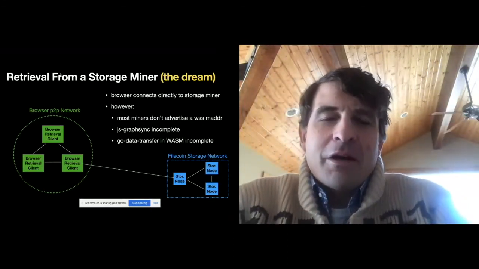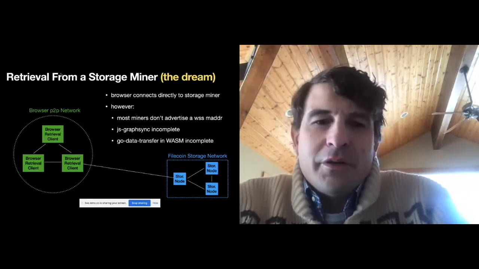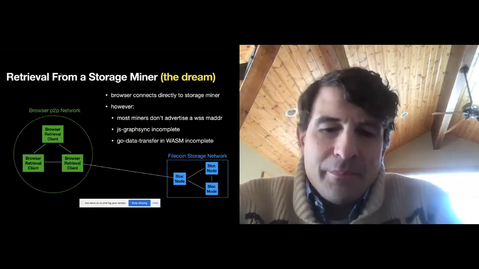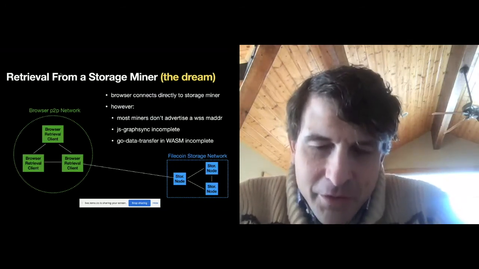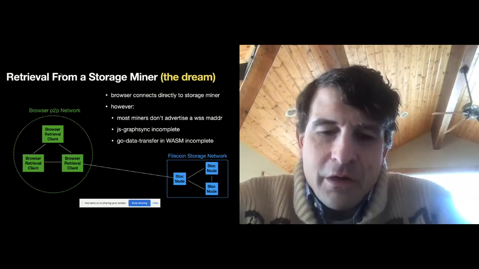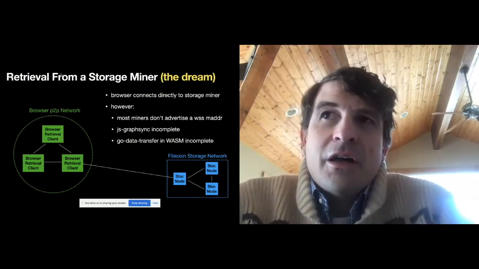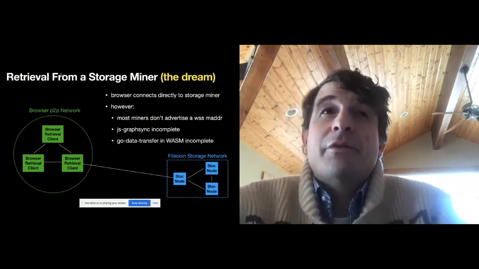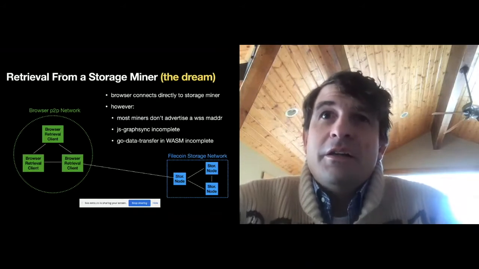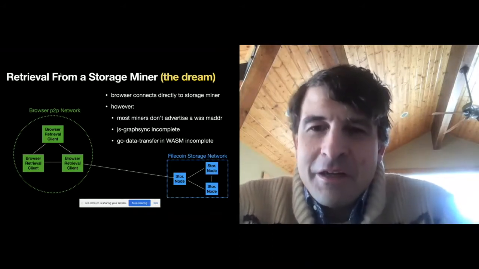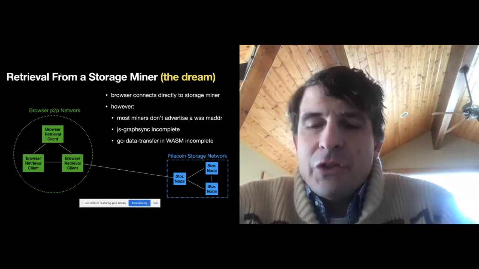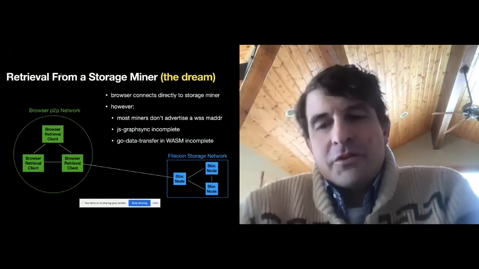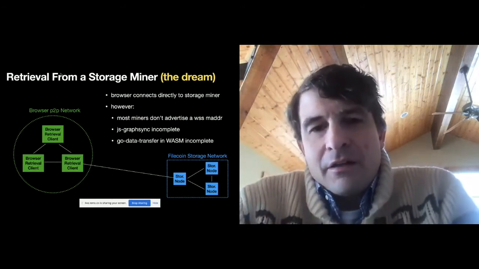And when a browser wanted to retrieve from a storage node, it would directly connect to that storage node in libp2p. It would open a stream to that storage node for the transfer. We would use, as I mentioned earlier, Go fill markets plus Go data transfer plus Go graph sync, all in one big happy WASM bundle to interact with the retrieval market side of the Filecoin storage miner, and that's how